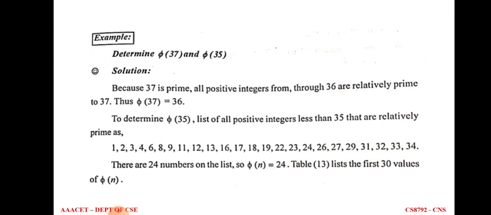The last one is phi of 35. Here 35 is not a prime number. So we can write 35 as the multiplication of two prime numbers, that is 7 into 5, because 7 is one prime number and 5 is another prime number. So 7 minus 1 is 6, and 5 minus 1 is 4. So 6 into 4 is 24. And what are those 24 numbers? They are the numbers smaller than 35 which are also relatively prime to the above number, right? So this is the Euler totient function.